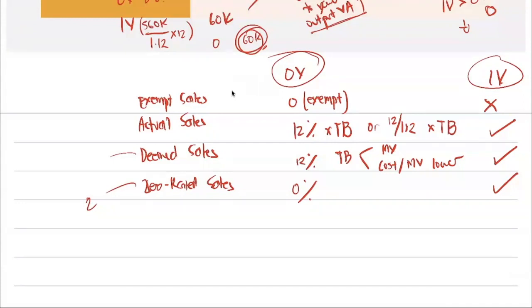Zero rated sales, we have your direct export, we have your sale to your customs territory and enterprise zones, and your international shipping. Also, you're effectively zero rated. That is those sales subject to international agreement or subject to law, such as your embassies, Red Cross, Asian Development Bank, and etc. Okay? So that's it for your output